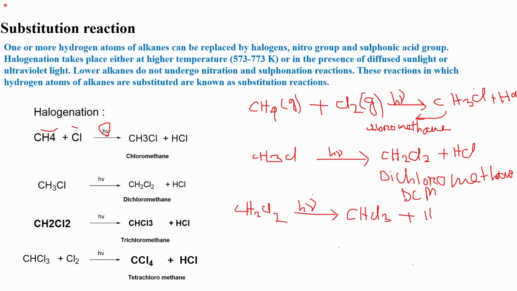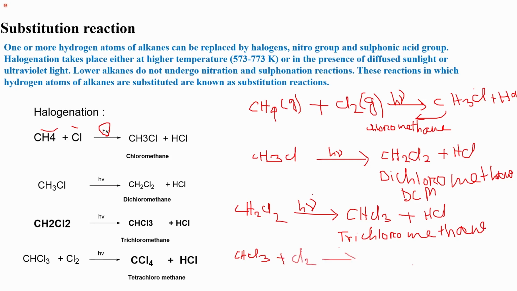CHCl3 plus HCl. Okay. Now you can see the trichloromethane. This is called trichloromethane. Okay. Now this CHCl3